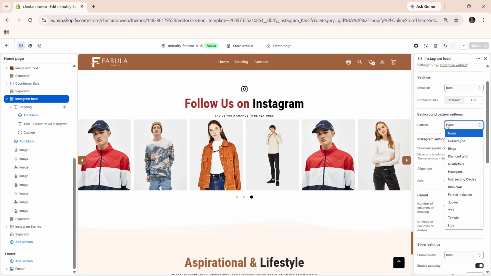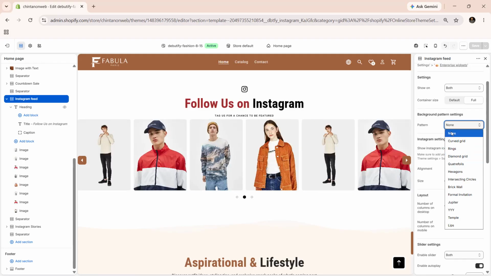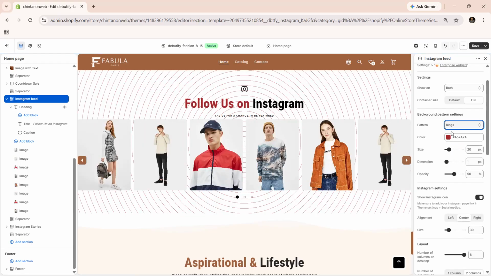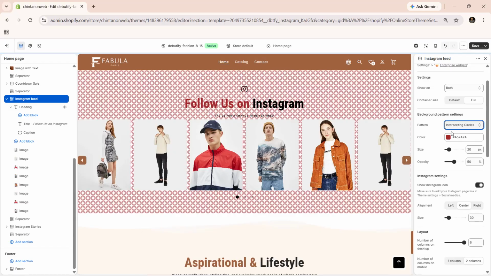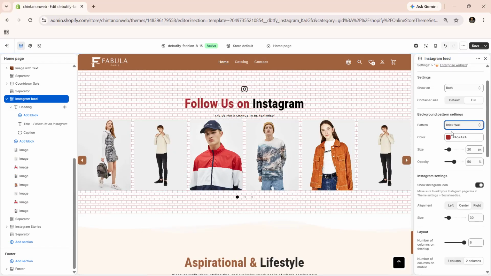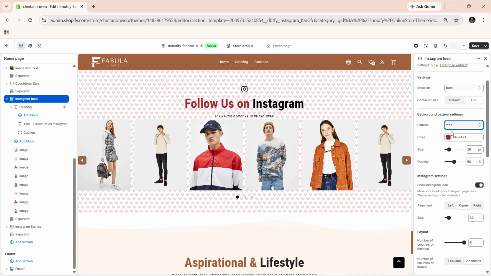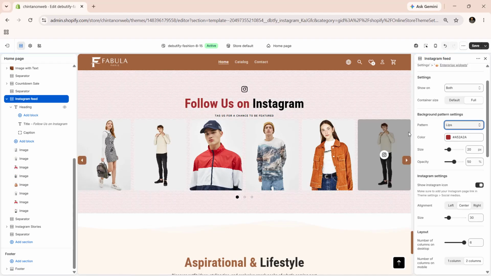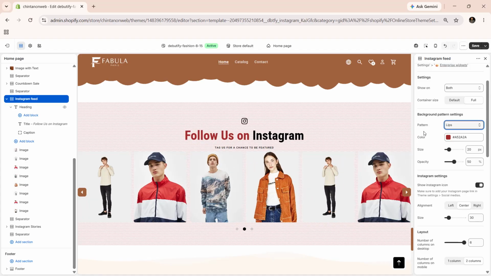Enhance your section's visual appeal with background patterns, designed to add depth, texture, and personality to your storefront. You can choose from a variety of pattern styles, including none, curved grid, rings, diamond grid, quatrefoils, hexagons, intersecting circles, brick wall, formal invitation, Jupiter, temple, and lips. Each pattern offers a unique look, ranging from subtle geometric textures to more decorative and expressive